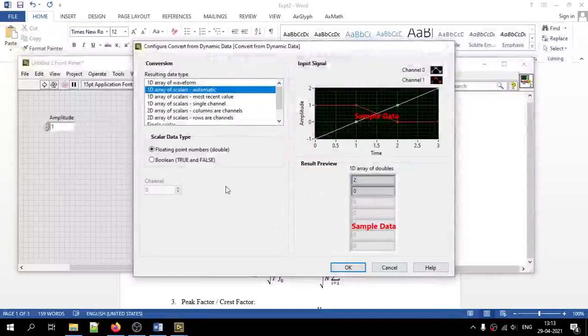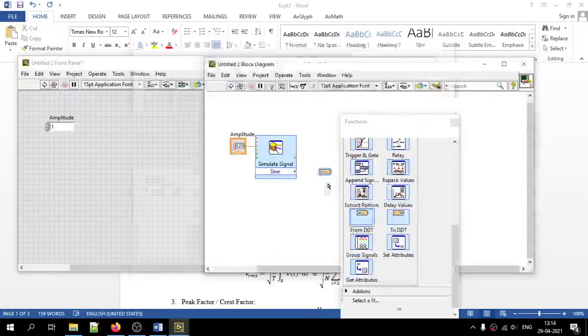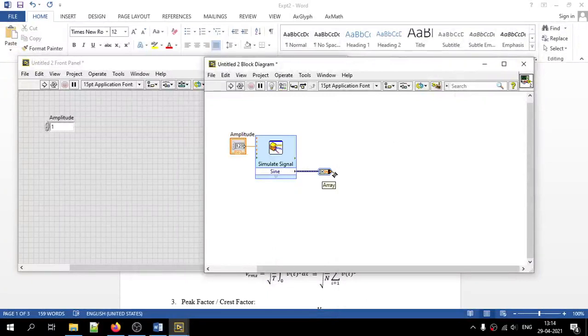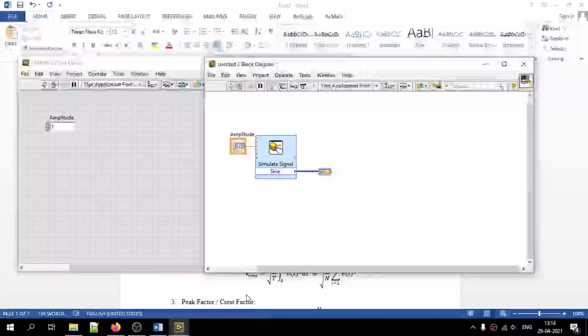Once that block is placed, it will ask for several options. By default, choose the default option and click OK. Now connect the output to the dynamic data type. Now we have an array of data corresponding to the simulated sampled signal.